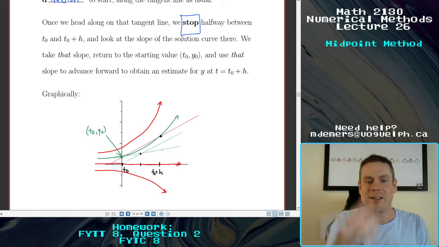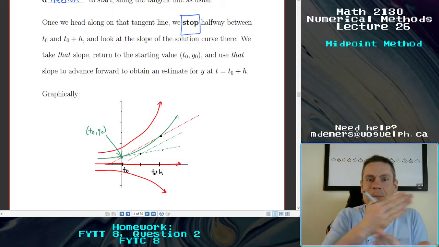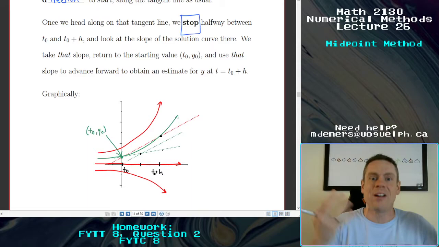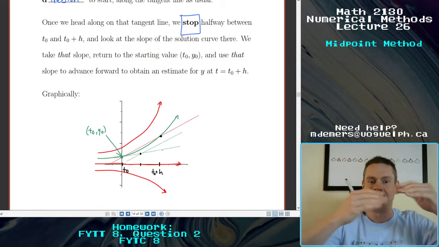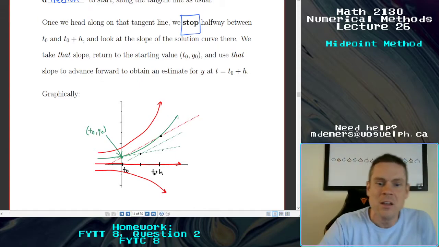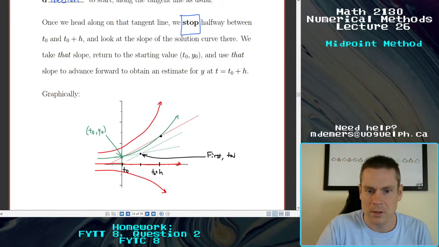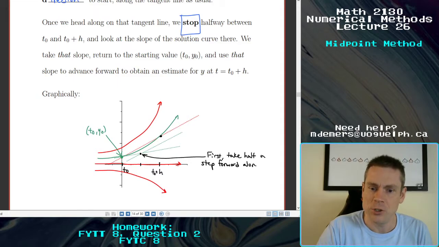So let's try to write down some things, because I think it's a process that I want you to see all the steps of, like marrying the graphical approach with the words I'm saying to make sure that it makes sense. So we take half a step forward. So first, take half a step forward along the usual tangent slope,